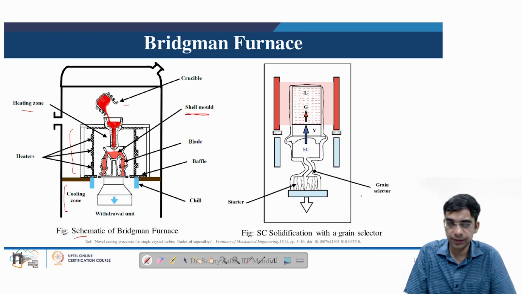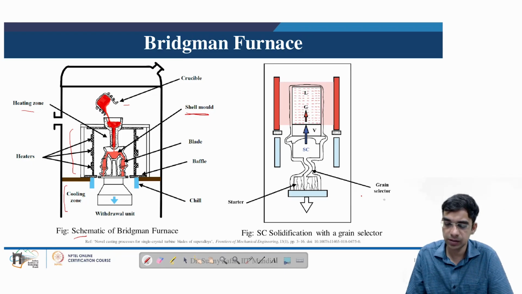Now the difference between this furnace and any other generic furnace is that such furnaces have the presence of a grain selector. Now presence of the grain selector is very important because grain selector is a small opening in the overall furnace cooling zone, which only allows a single grain to pass through it, so that a single grain is only developed. Sometimes there may be some seeding materials placed on this cooling plate in the cooling zone, so they may also help in seeding the single grain.